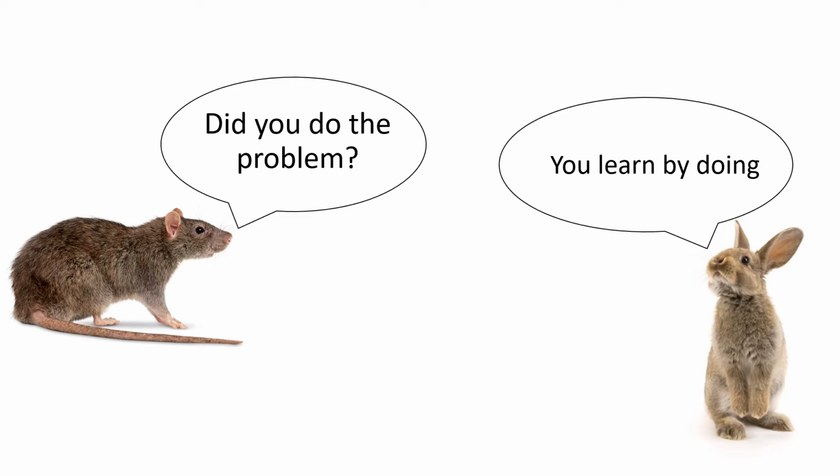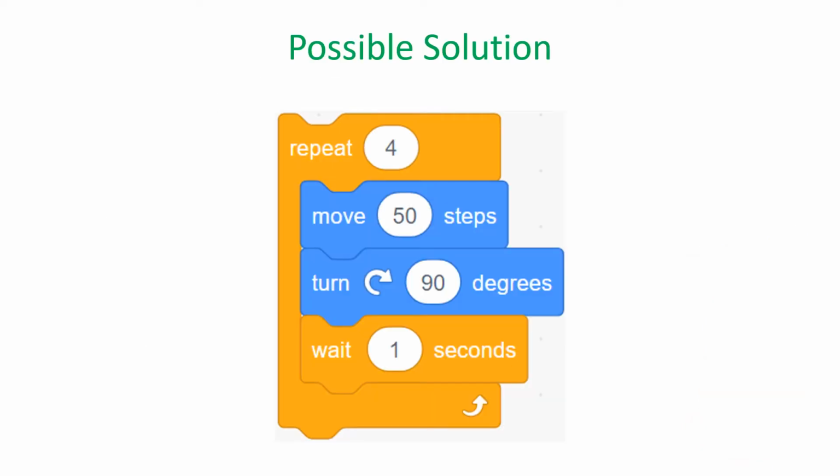Did you really do the problem? You learn by doing. Here's a possible solution for having the creature move in a square. There are, again, multiple ways to do it because there are always multiple ways to do it in almost any programming situation. In this example here, I have the creature move 50 steps with the move block, which is blue,